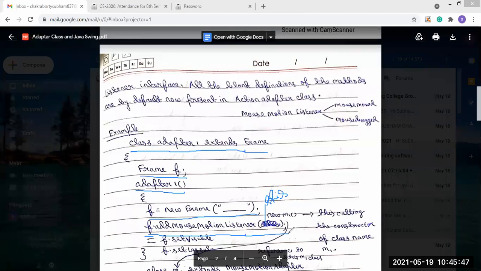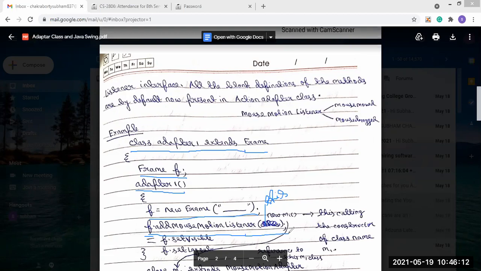Because we know that in the delegation model there is a source and a listener, and the source has to be registered to the listener. We saw that during the delegation model of event handling, and we used this as a parameter at that time, passing the current instance with this registration.